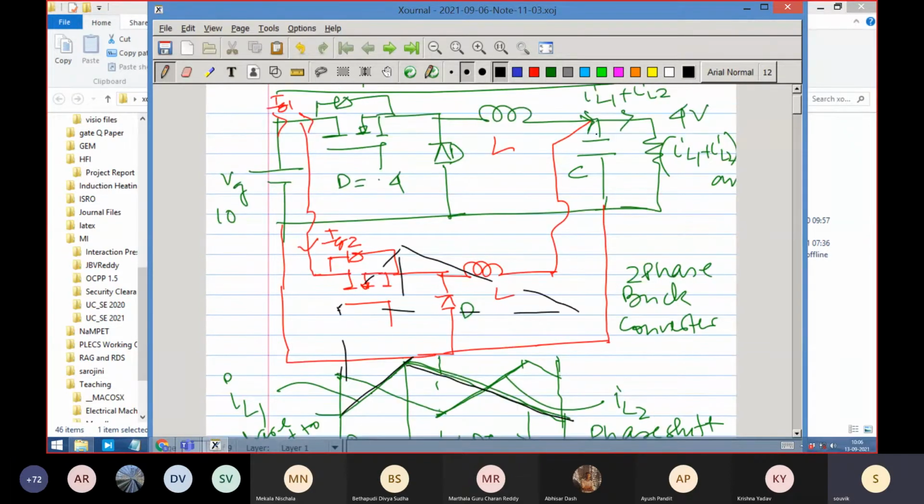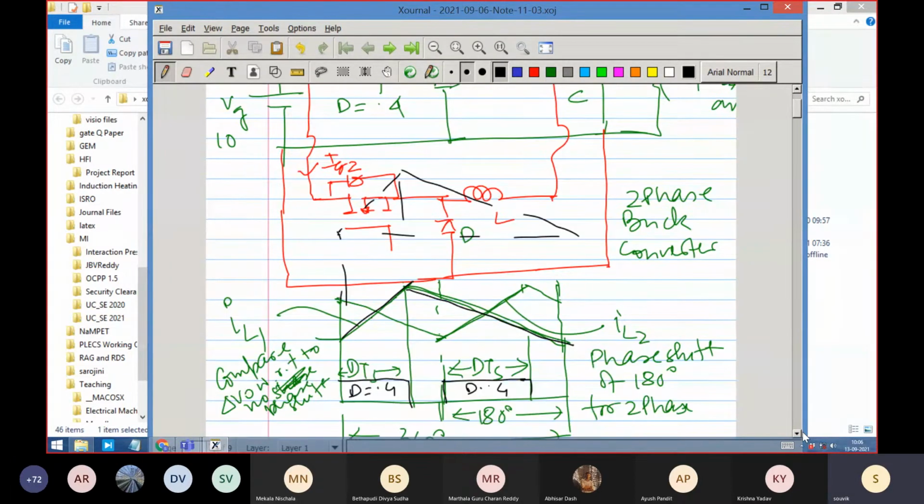So the capacitor current is responsible for what? The capacitor voltage ripple, and the ripple has also doubled. I have not drawn the ripple correctly. If the ripple is delta I, then this ripple is 2 times delta I. So the capacitor voltage ripple, if you don't change the value of the capacitance, will double, right? But that is not happening when you are doing a phase-shifted converter. When you are doing a phase-shifted converter, the inductor currents are actually phase